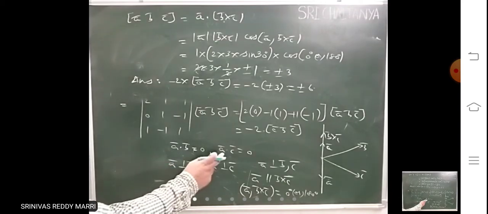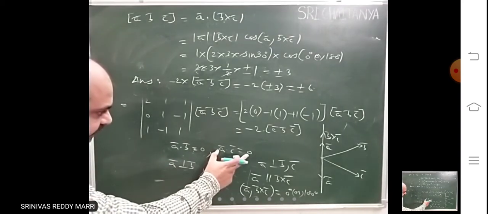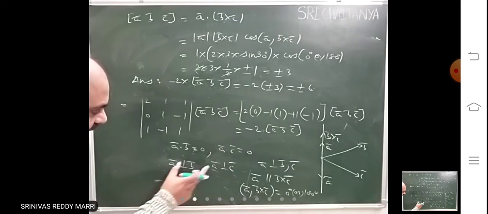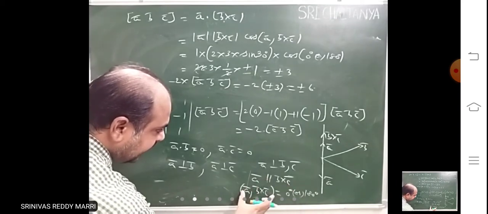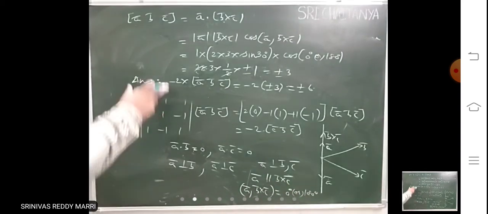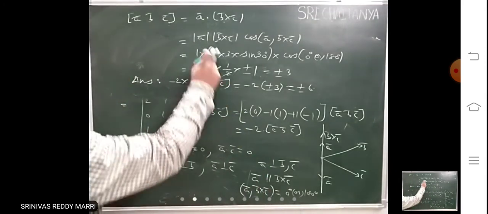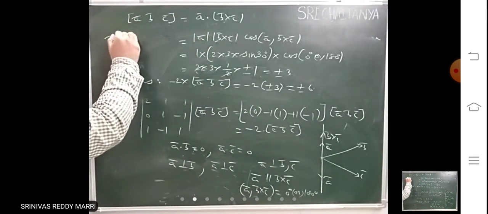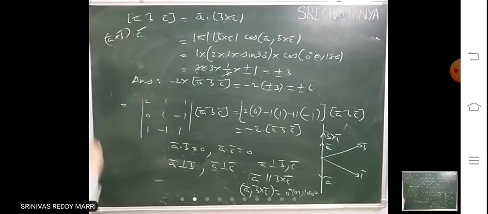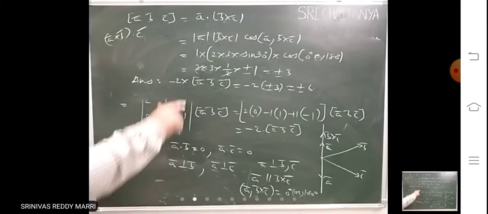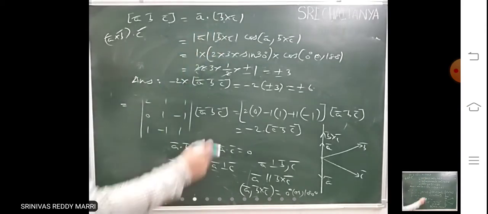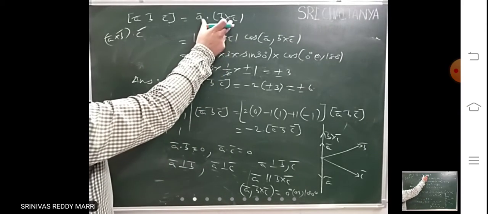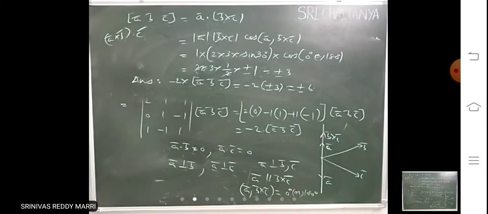So whenever this is given, this indication is to calculate box of ABC. You write perpendicular to both. So therefore A bar is parallel to B cross C. That means the angle between them is what? 0 or 180. You use the definition accordingly because this angle you know. You can write this definition also. If you know the angle between A cross B and C, we will use this rule. Because you know the angle between A bar and B cross C, it is better to use this rule. Because the angle between B and C is given and this you know, if you write, everything will be known.